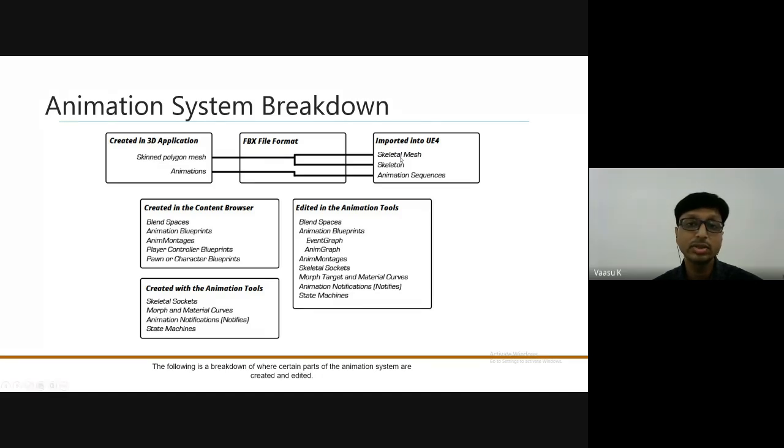So first we import it as a skeletal mesh. Okay, so that has the skeleton as well as the physics; it will come with three things. Next we have animation sequences, like I said, idle animations and the different kinds of animation that you can import. Okay, so next is to create the blend spaces and the animation graph, like animation montages, and player